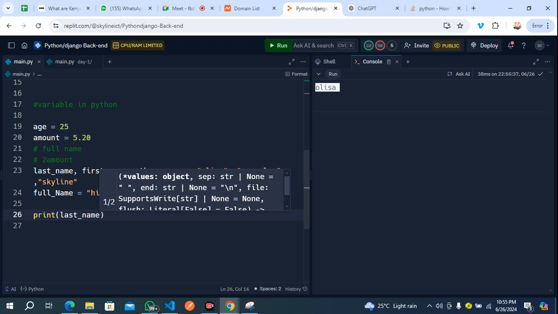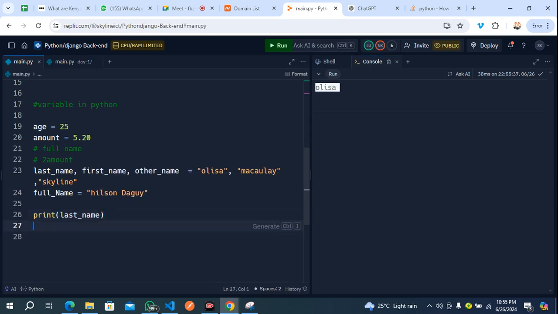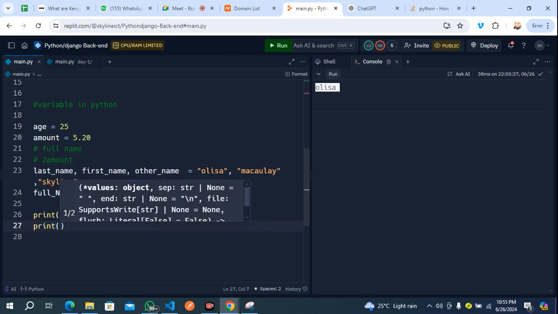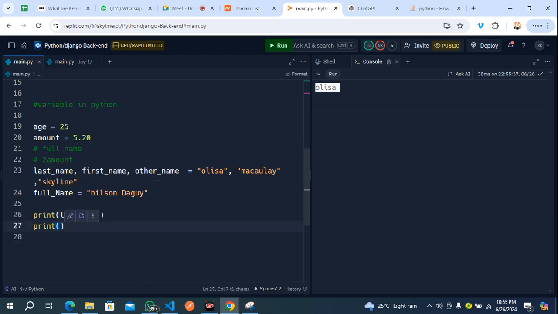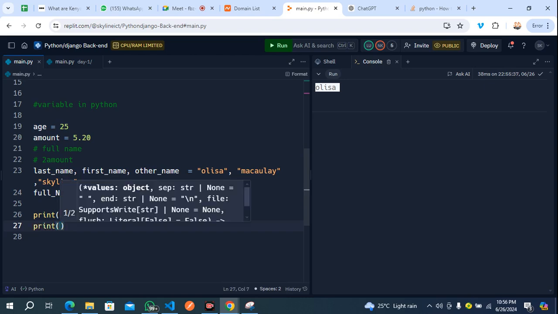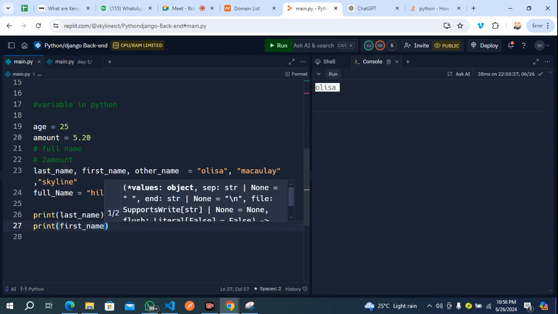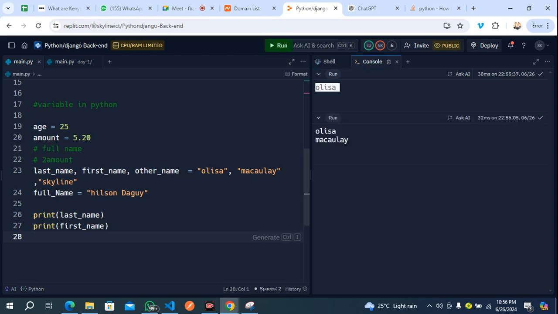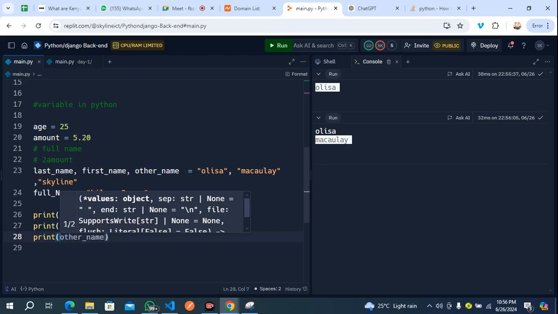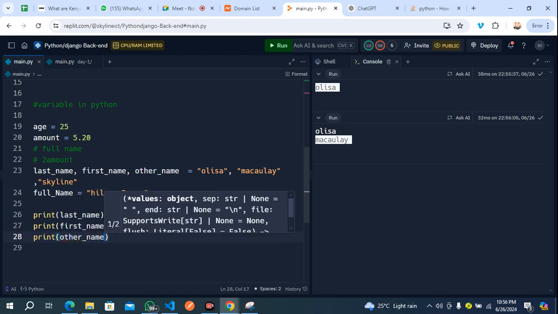You notice that we have Urisa, right? Then if you print another one again, first name, Macaulay, print another one again, other name. You see what we have.